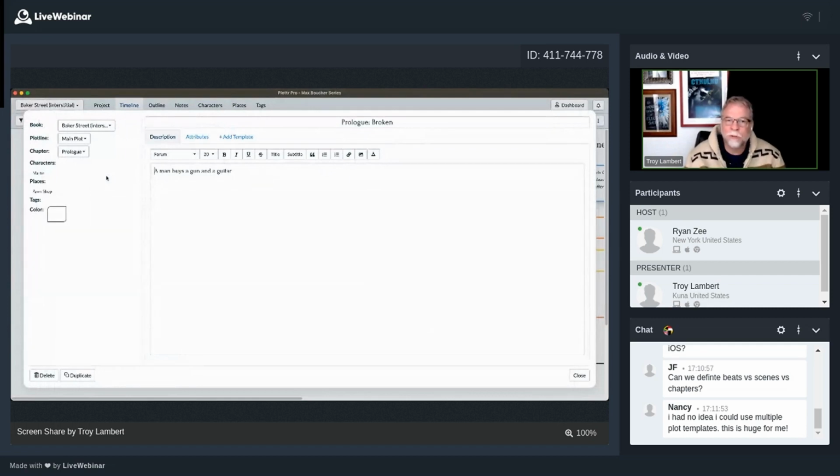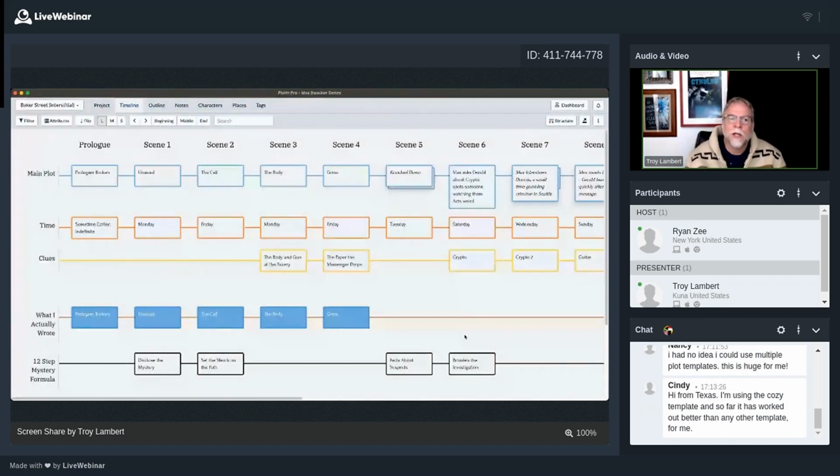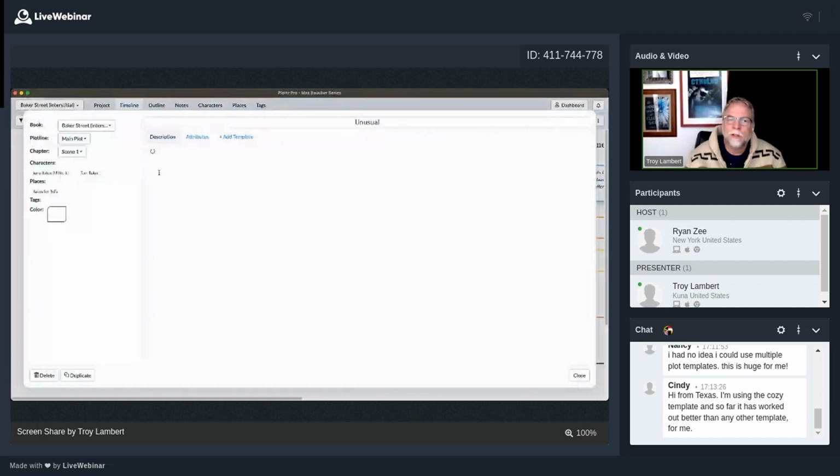The part I plan to write in the prologue is that a man buys a gun and a guitar, and nobody knows exactly why he bought a gun and a guitar, but he buys a gun and a guitar. Then I move on to the first part of the mystery, and I reveal that there has been a murder. Okay. So Tom, who's one of the main characters, gets a phone call about Jerry's father and the events at